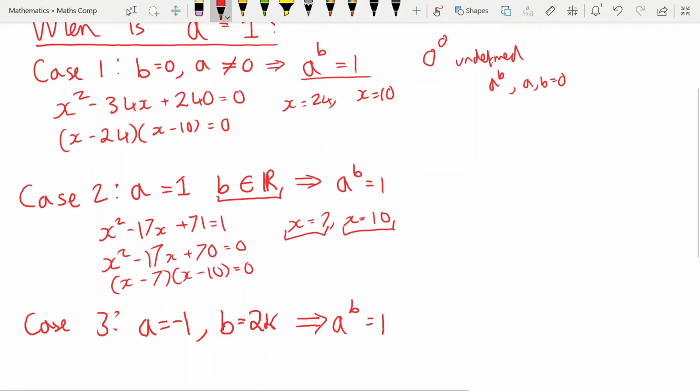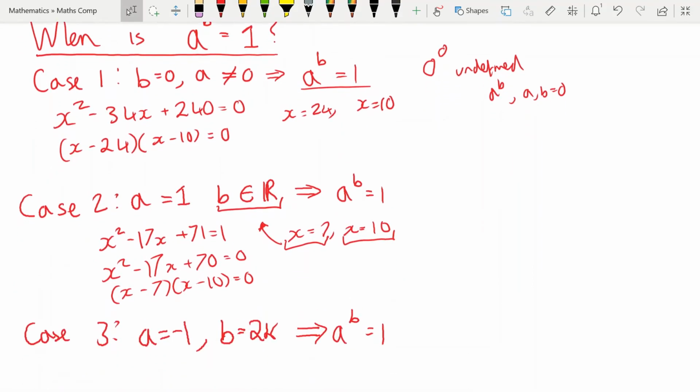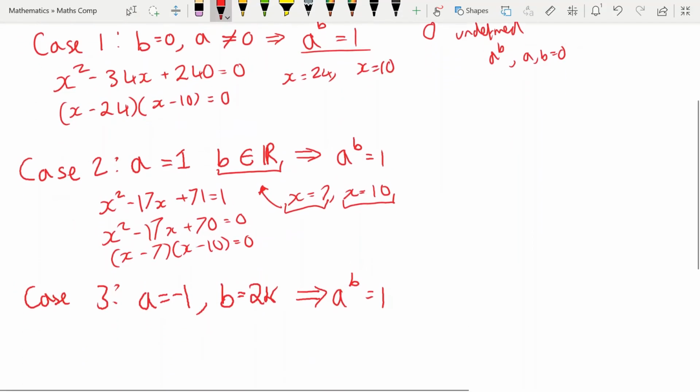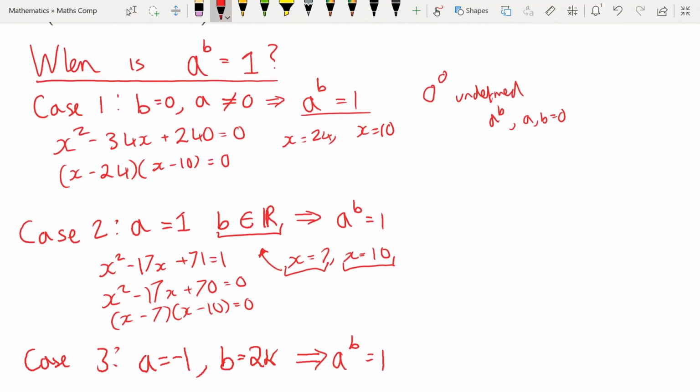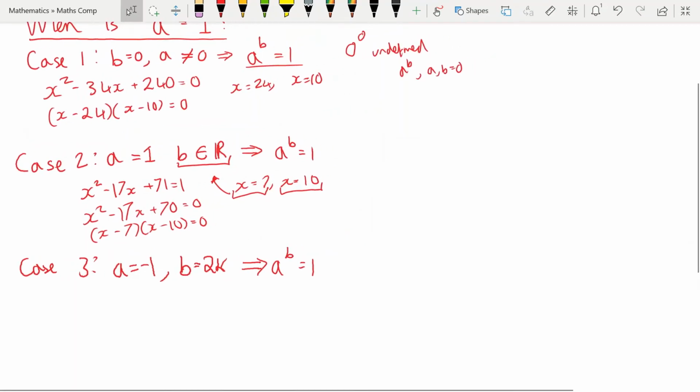No matter what values of x, given they're real, when you plug them into the exponent, they will always give a real number, and that's the only condition for case 2, so we know x equals 7 is a valid solution. Now, taking case 3 into account, where x squared